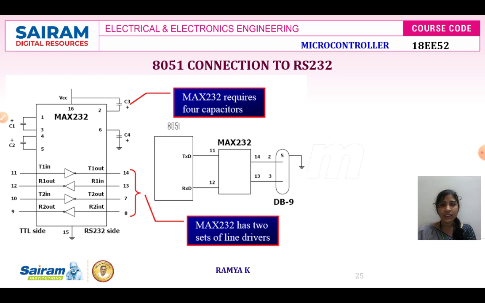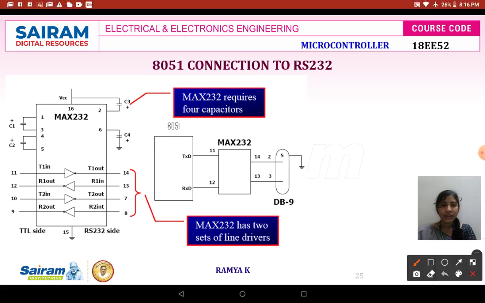So here you could see a connector, that is DB9. This DB9 is your RS-232. When you look at this diagram, you are not connecting the RS-232 directly with 8051. Direct connection is not given between RS-232 and 8051. Instead, you are going to use this MAX 232 block as an interfacing part, which makes your RS-232 output compatible with your 8051 IC.